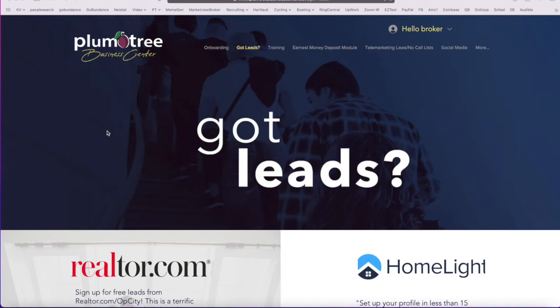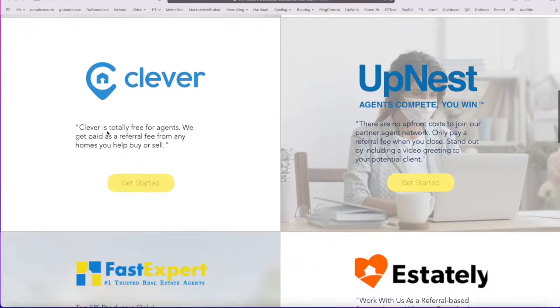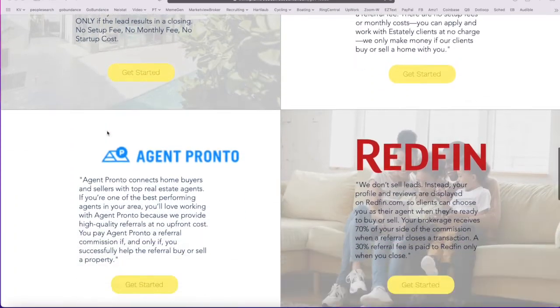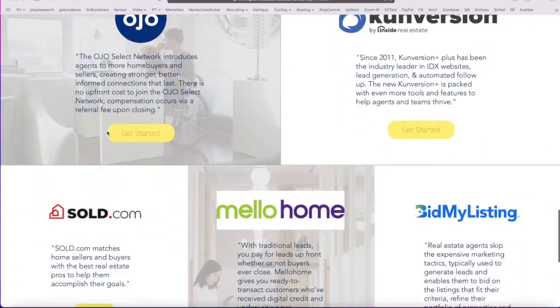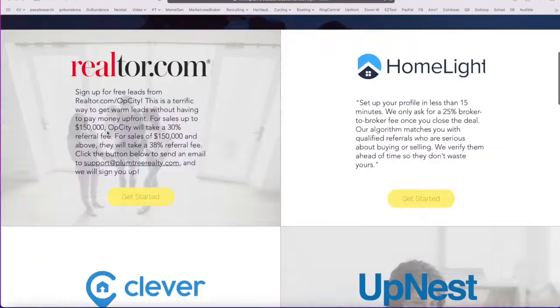25%, 30%. One of the things we do with our Plumtree agents is on the day that they sign up for Plumtree, we direct them to our plumtreebusinesscenter.com where they can sign up. We have partnerships with 10 companies right now. So on day one, they can sign up for all of these companies. There's Ojo, Homelight, Redfin, OpCity, a bunch of others I can't remember offhand, but they're all there. So we sign up our agents, they get these free leads, and then they give them a referral fee at